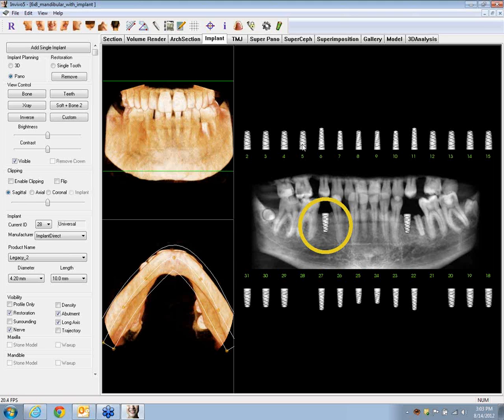So if we take a look at the specifics of this, as this implant here is highlighted, we can see that this is an Implant Direct Legacy 2, 4.2 millimeters in diameter and 10 millimeters in length. So I can, of course, after the fact, go ahead and change this if I need to. But one of the beauties of having this preset inventory of implants,